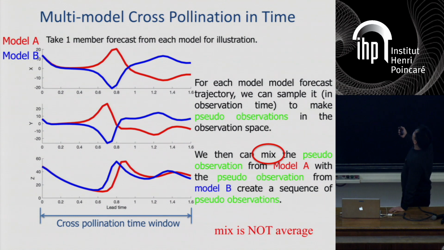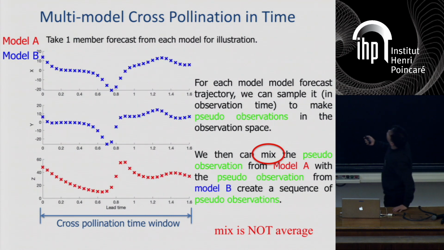Right. So basically, what I would say is I would rather use the mix. For example, if I look at the historical data, we may say model A is very good at forecasting X and Y, and model B is very good at forecasting Z. So I would just take model A for the X and Y variables and take model B for the Z variable. In that case, I could